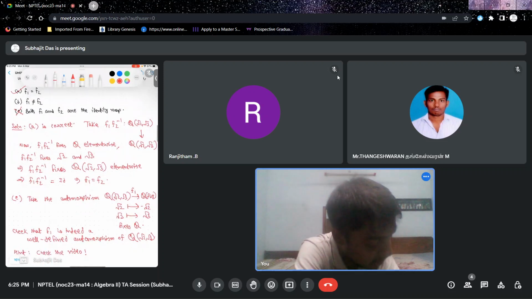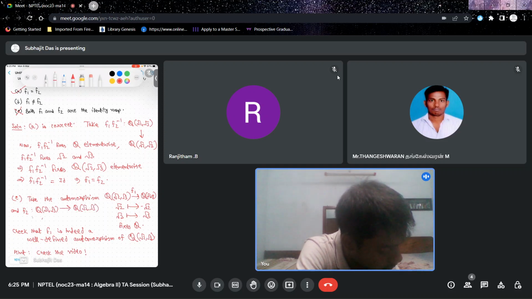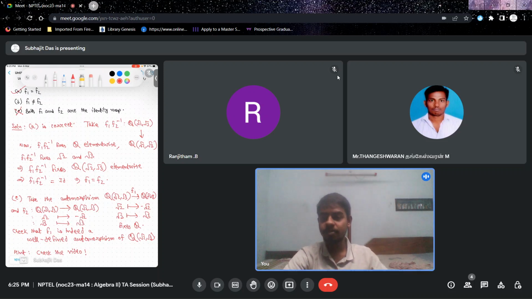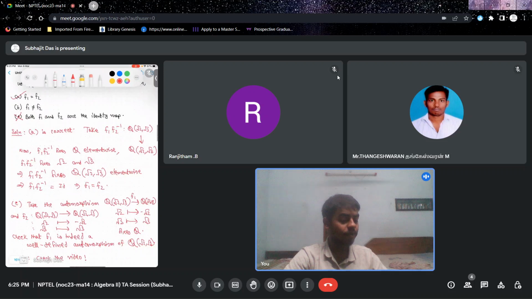It's not complete, and take F2 to be a mapping of Q root 2 comma root 3 into Q root 2 comma root 3, which sends root 2, we can just take the same map, root 2 and root 3 onto root 3. Yeah, they have to be the same map as we proved in part 1. So take F1 equal to F2